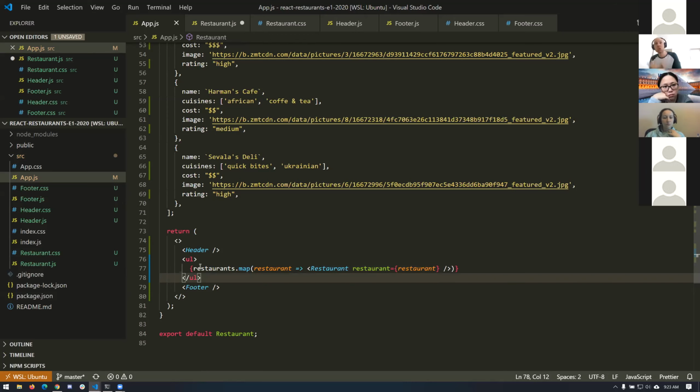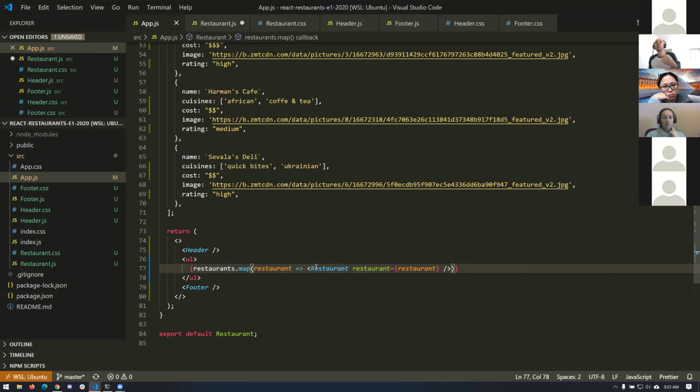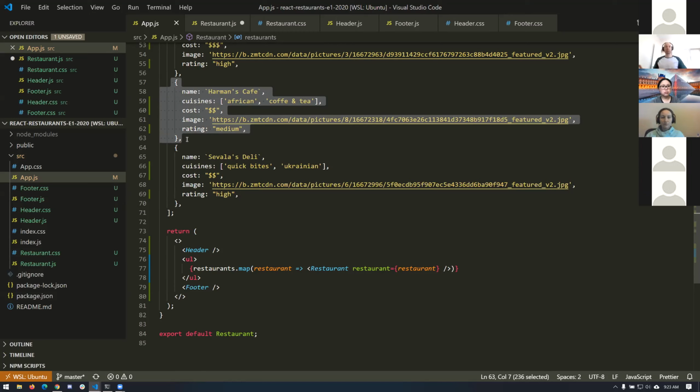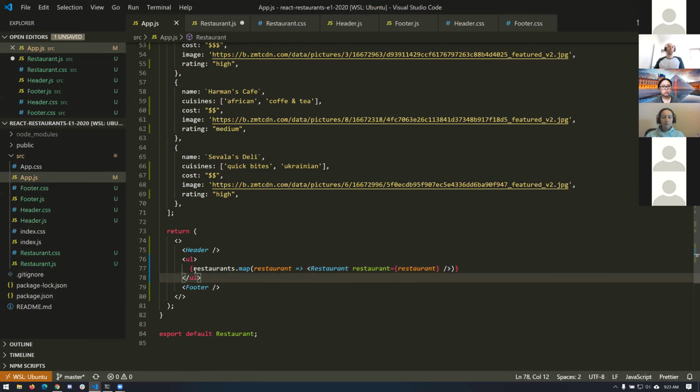So what this will generate is an array of restaurant component elements, one for each restaurant itself, right? So we're going to end up with an array of 10 restaurant components, which will render very nicely in JSX,